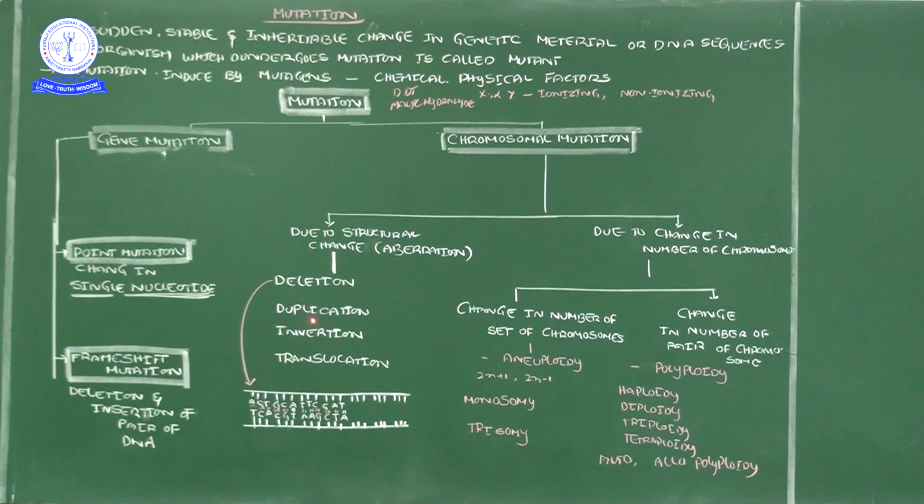The second one is duplication, just like taking a Xerox copy. We have one original copy, and using that I take a number of Xeroxes, that means duplicates. Here a particular gene is there, and the same gene is repeated several times, which leads to duplication. That will increase the length of DNA. If the length of DNA increases, the structure of the chromosome will also be different from the normal condition. So deletion is one factor, and duplication of the DNA is another factor.